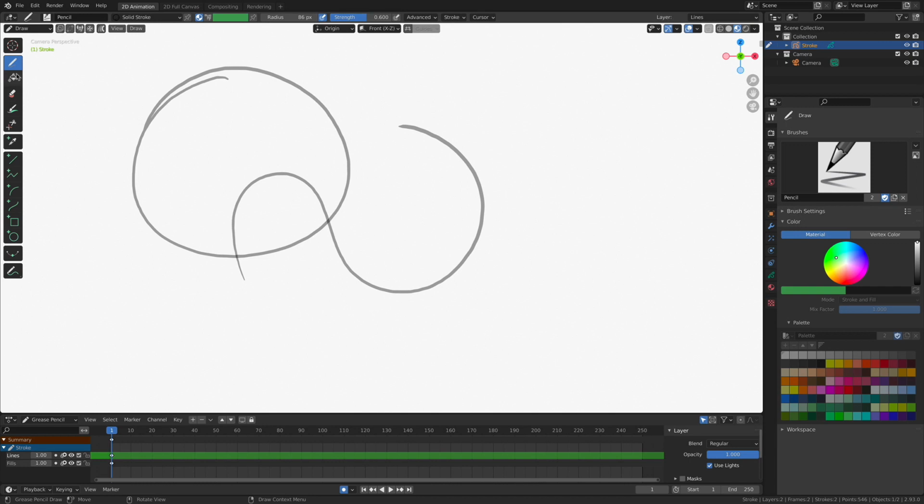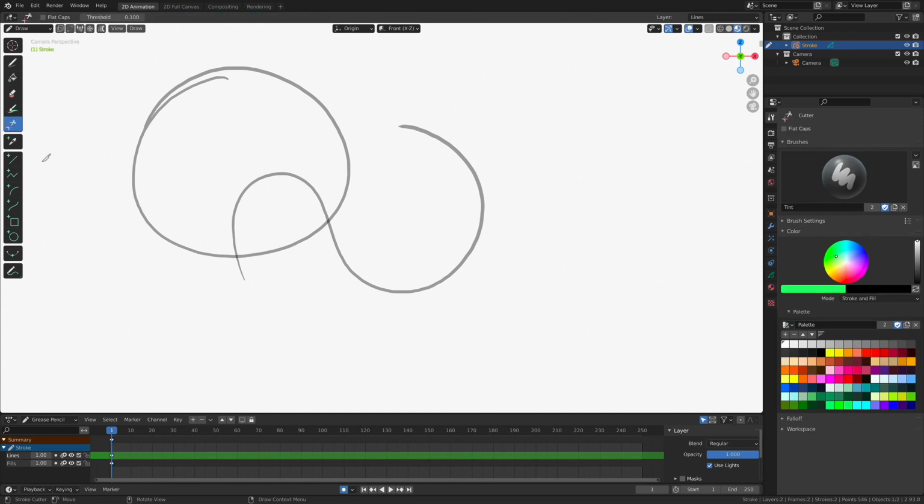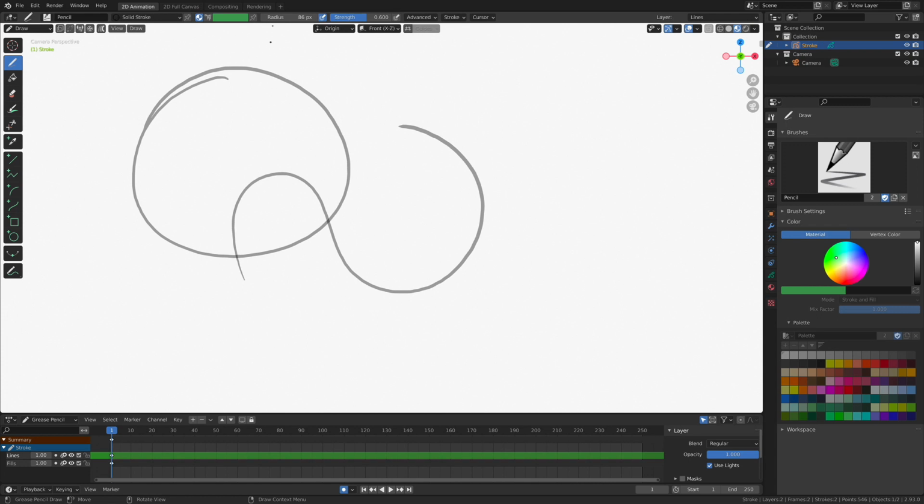Now, with all of these tools, please note that the top of your viewport is going to change and bring tool properties to the surface way up over here. So all of these have their own series of properties over here. Now, back to the pencil tool. I want to show you some ways that we can make the pencil tool even more awesome, and specifically the radius. Right now, mine's set to 86, and you can see the relative stroke size here, which is pretty cool. Now, what if I wanted it to be bigger or smaller?